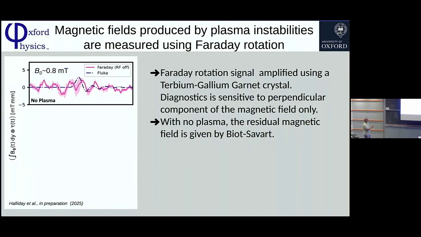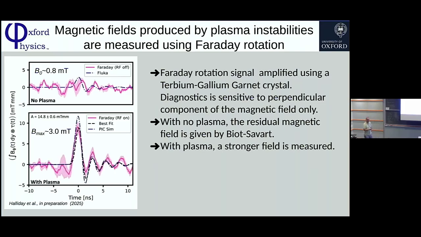First of all, there is still a residual magnetic field due to the fact that the beam has a proton component. So there are protons on top of electrons and positrons. The proton component is not entirely zero, right? Because some of the protons still pass through. And then you can use the Biot-Savart law, or you can do proper simulations with FLUKA and find out that this residual field is small, on the order of 0.8 millitesla, which is within the noise of our measurement capability.